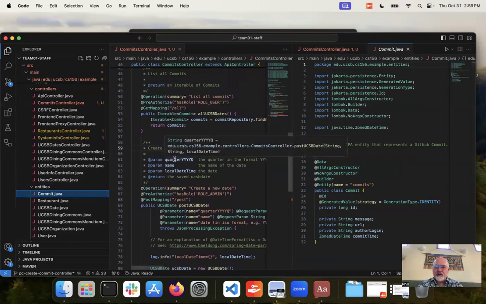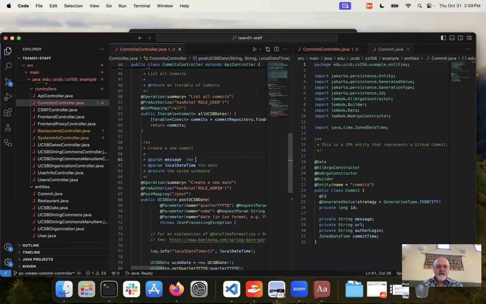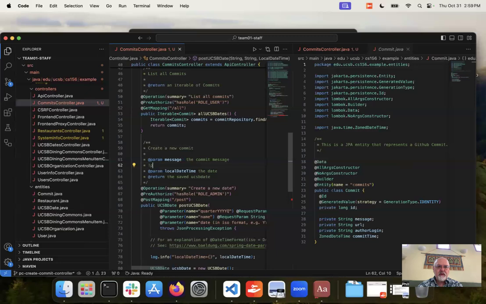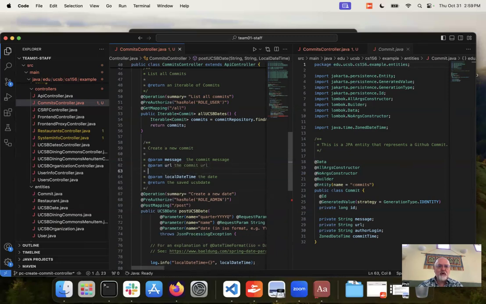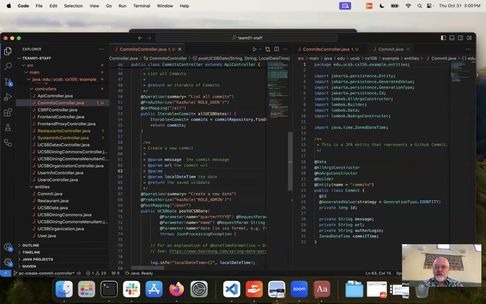So param, I'm going to have a param message, and this is going to be the commit message. At param URL, the commit URL. Now you may wonder, what is this? This isn't a comment, so what is it even doing? This is going to set up the Javadoc documentation. And I'll show you that at a later stage, but for right now, let's just put in at param